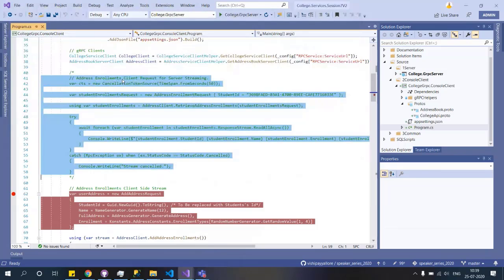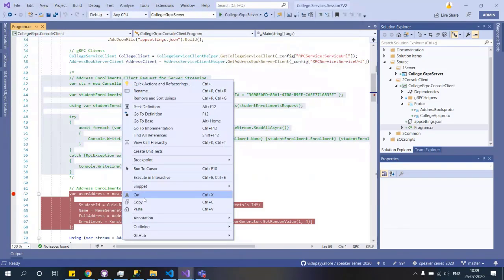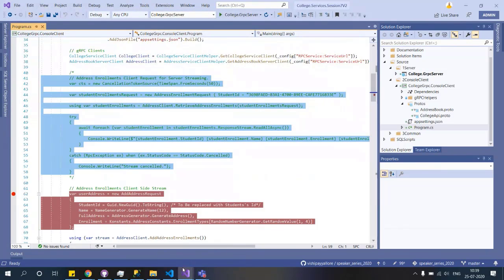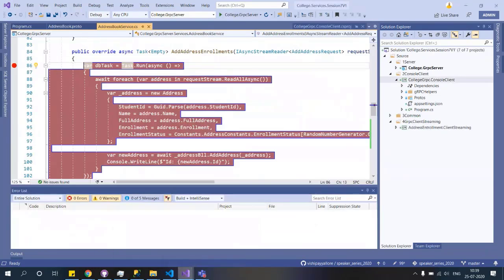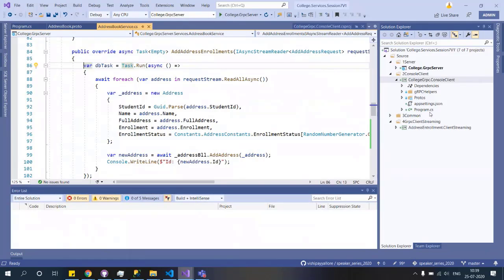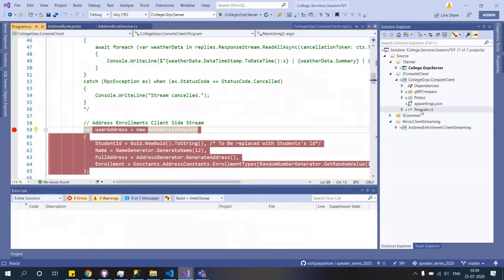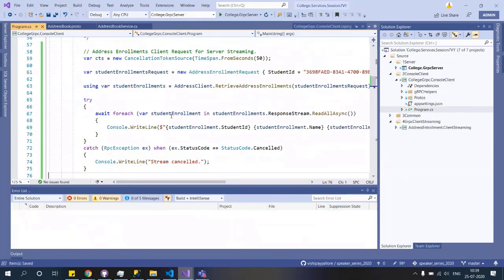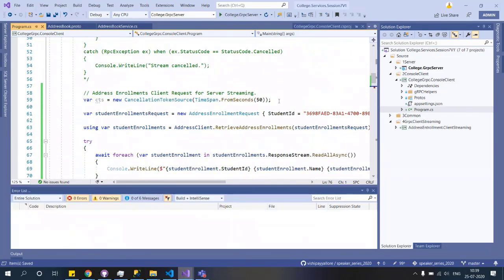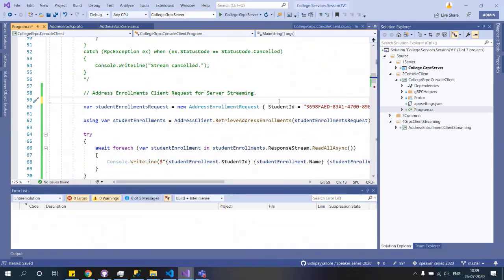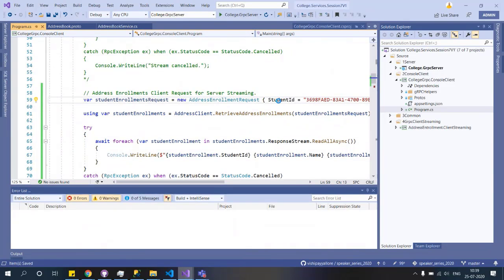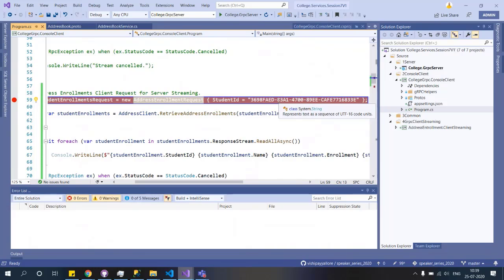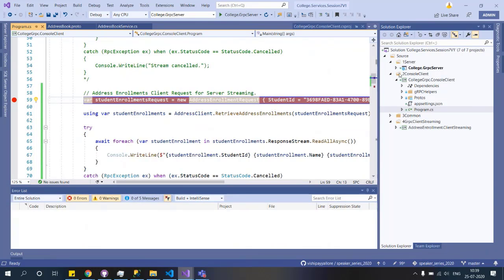Let me grab this again real quick, just to ensure that I'm copying the proper code, and come back here. I can remove this debugger, go back to this Program.cs, and wherever we are testing this client side streaming, I'll just drop the server side streaming one level above. Okay, so let me place the debugger on this